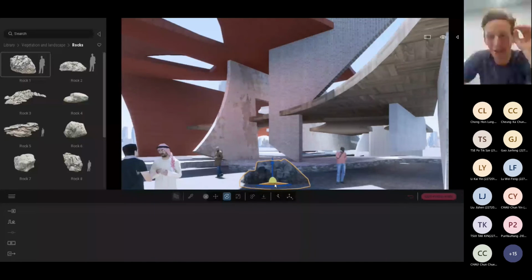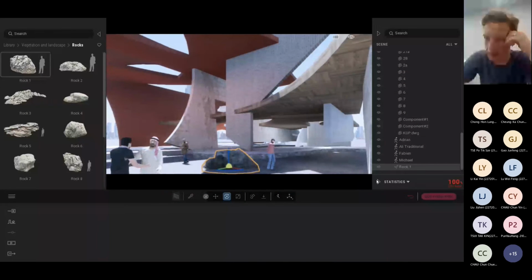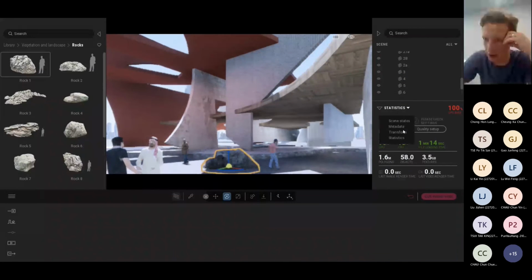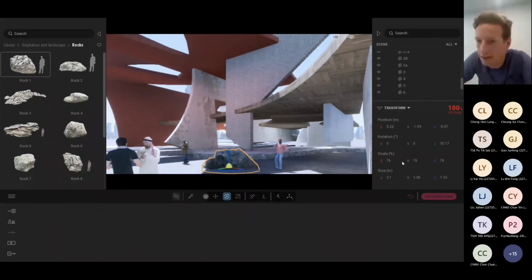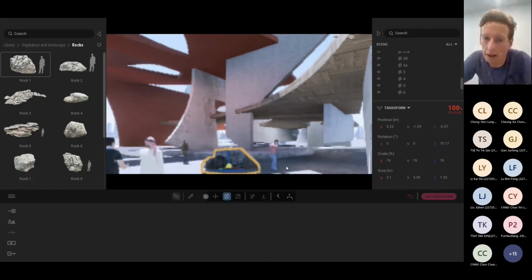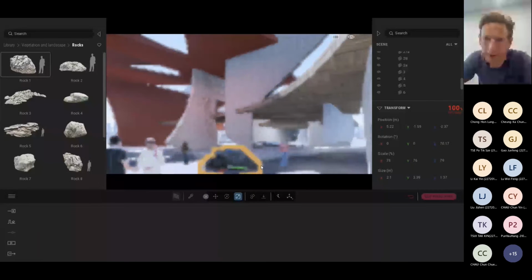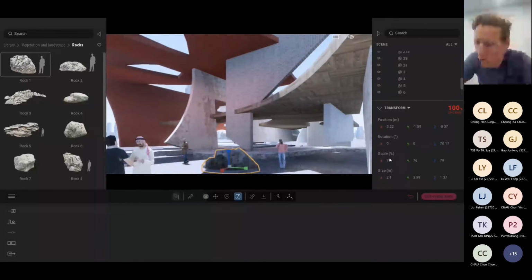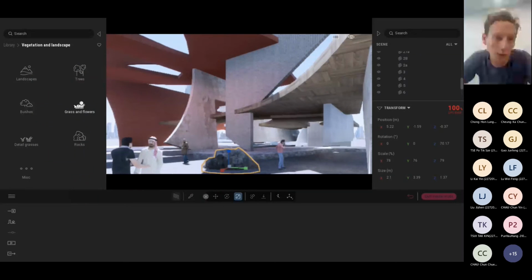But I'm just trying to say the principle is you can click on here and you go into the rock, and then there's a little button down here and you can say, well, what are the statistics of this? What's the transform of it? And you can see the scale here comes in, and you can change the scale from that point. So you can sometimes change the scale here and it'll stretch it in these directions. Again, sorry if you can't see that. Or you can change the scale of the object here. So you can start to play around with it. But what you can very quickly do is you can then start to put grass,